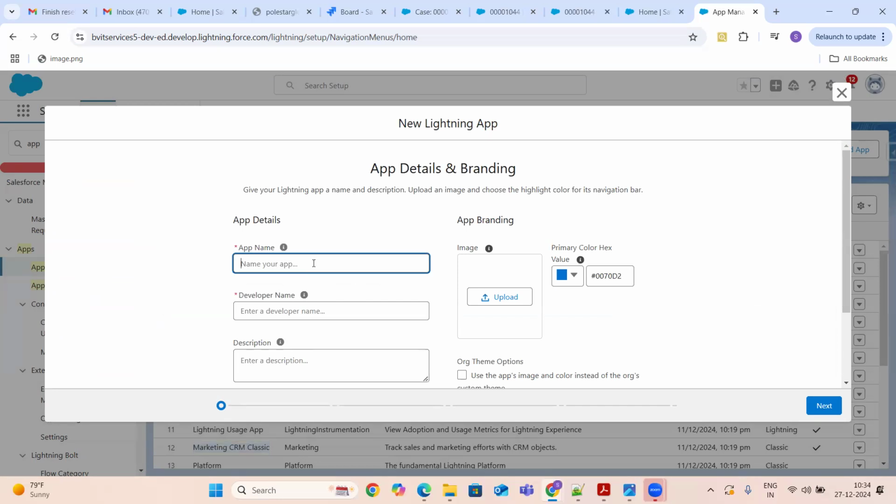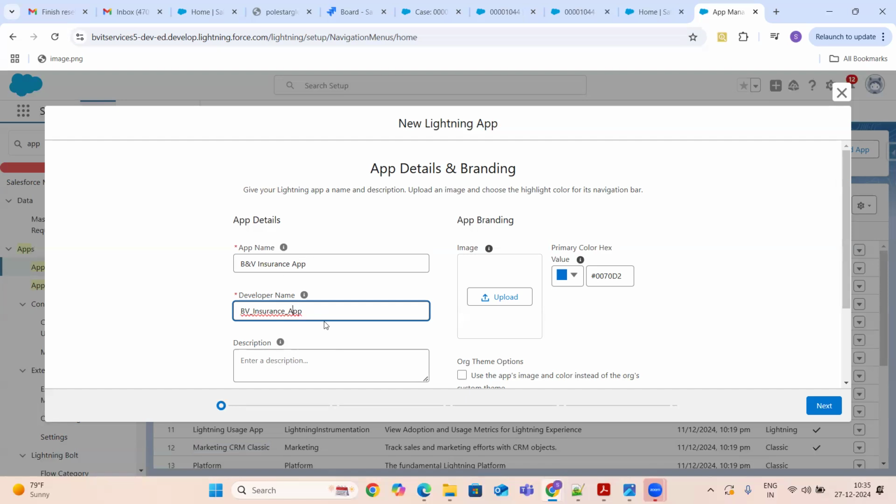Here you are going to give your app name. I'm just taking insurance as the example, guys. B and V insurance app. Just a name.